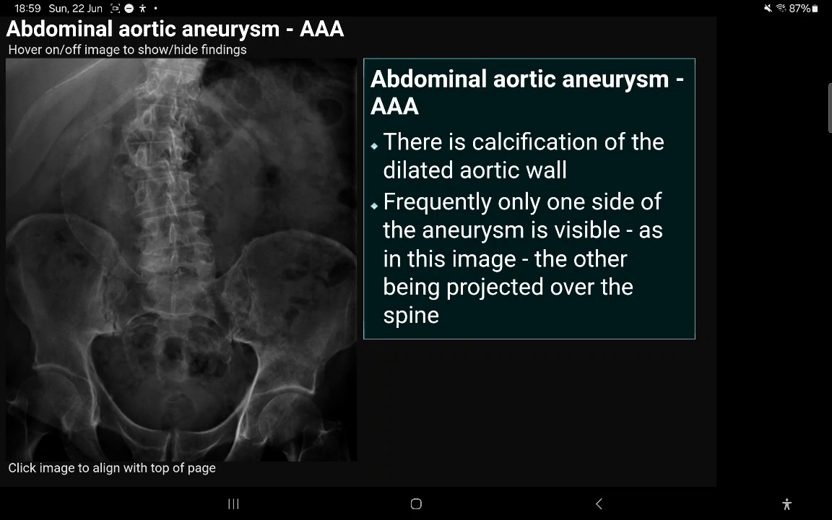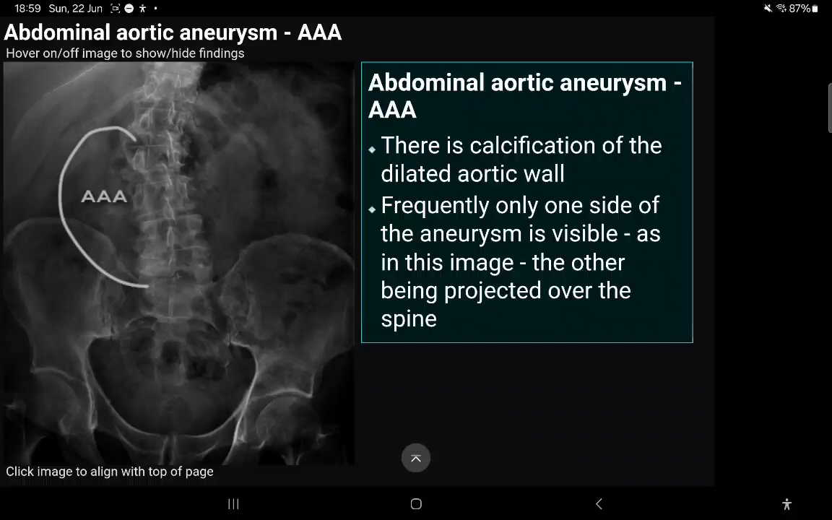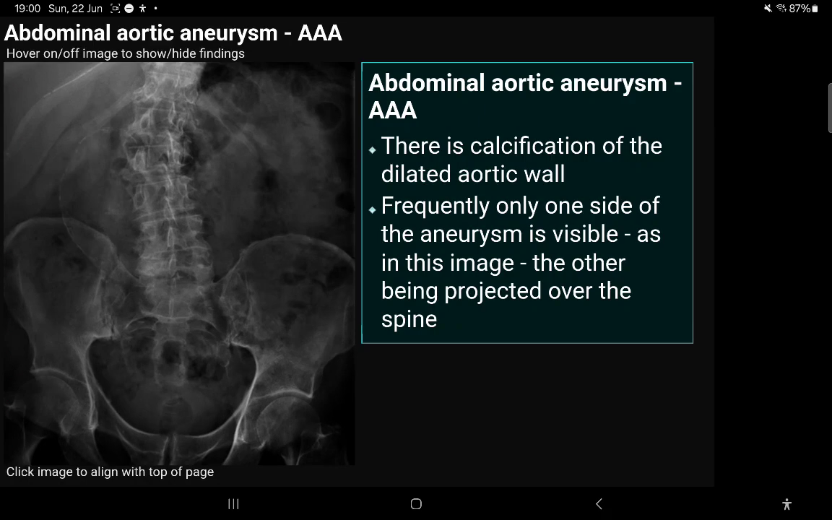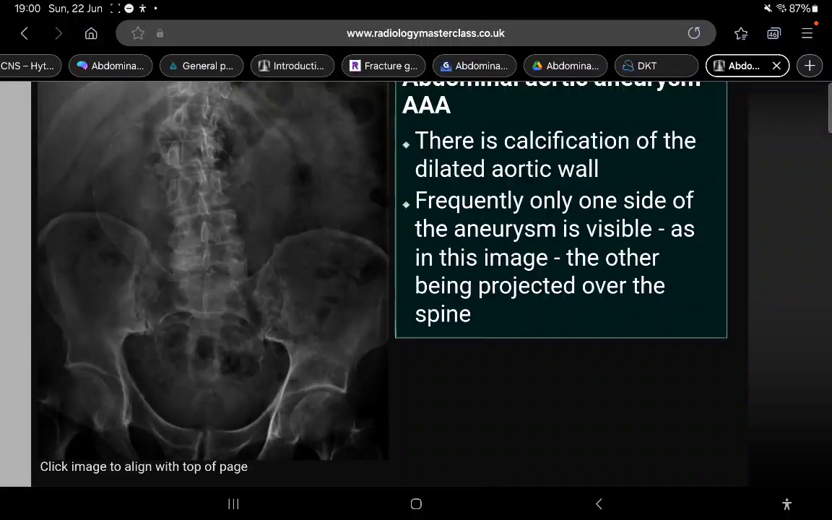When the abdominal aortic aneurysm is calcified, its tendency to rupture is less, because calcification means that it's chronic and old within the wall. But if there is no calcification, then rupture may be pending. Moving to the next type of calcification,